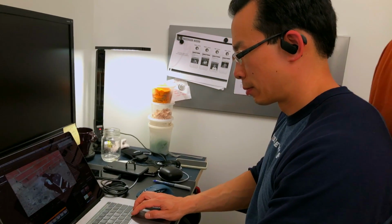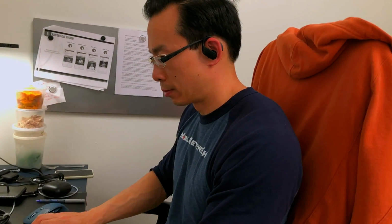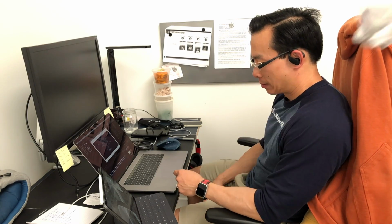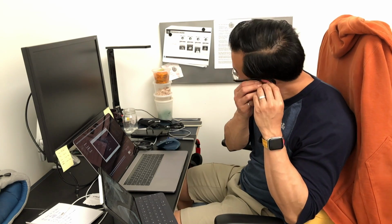Why? Because the Powerbeats Pro are just a little too inconvenient, especially as a glasses wearer, and as a pants wearer, and as a person who has to talk to people at work. The awesome fit of the Powerbeats Pro is a detriment to office use. Why? Because it gets annoying to put them in and out of your ear every single time somebody comes to see you. Even if you can master putting them on efficiently, it does get annoying, especially when you've used the